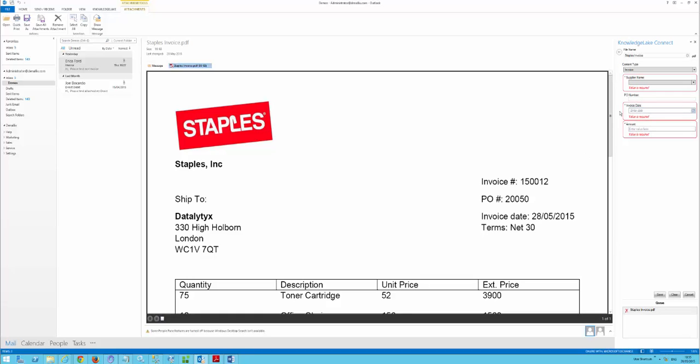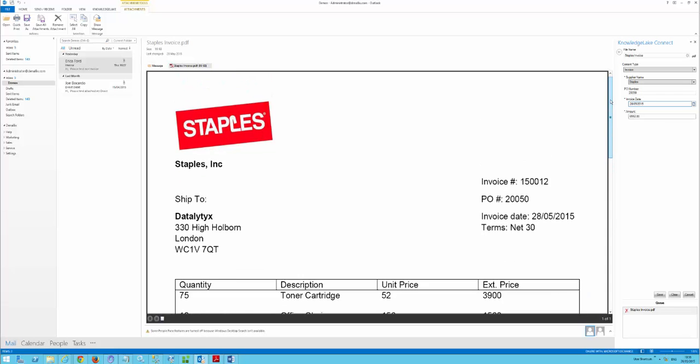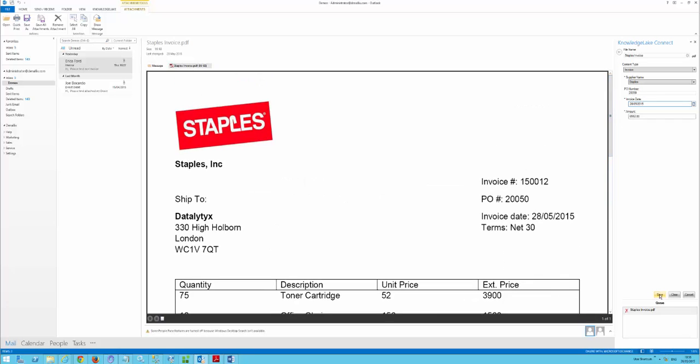Now because I've hooked this up to my line of business system, rather than me having to manually type this in, which might cause errors, I can just type in the purchase order from the invoice, and that will pre-populate all the required data for me. Then I can just check that manually against the invoice. So is the date right, and is the amount right? So that looks good. So I can save that,